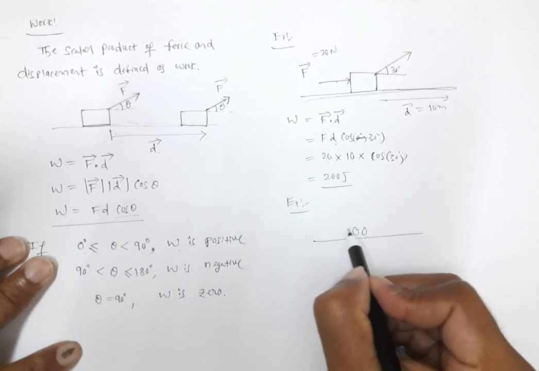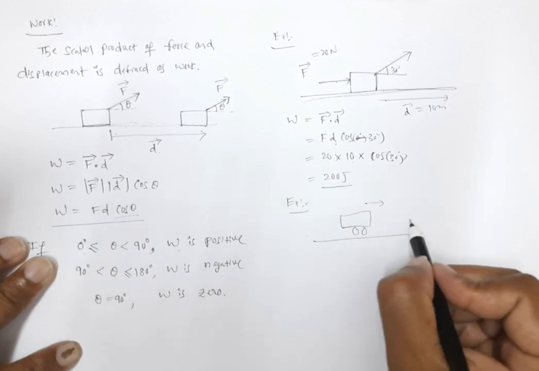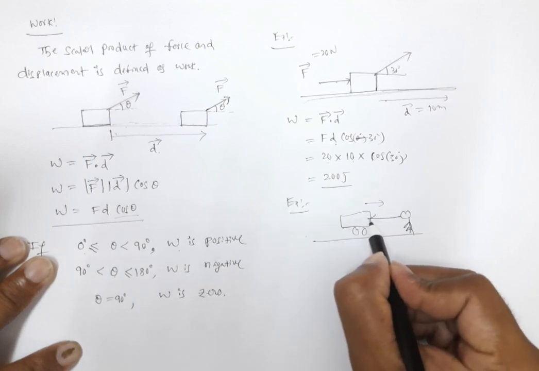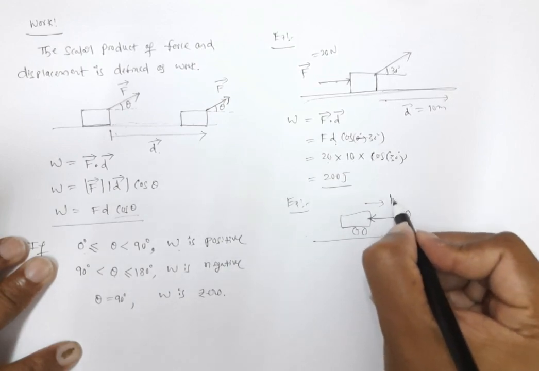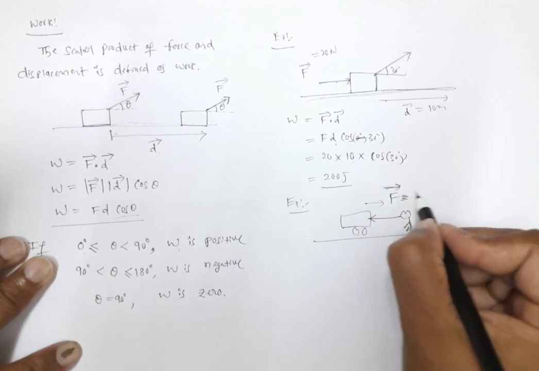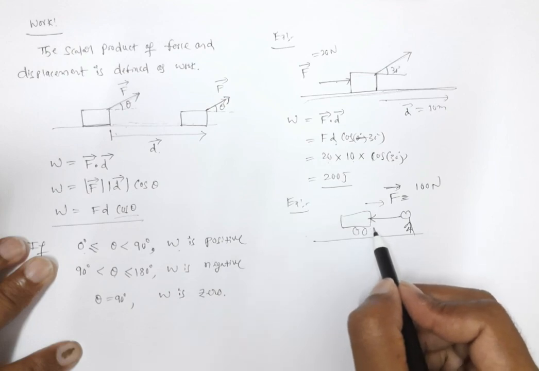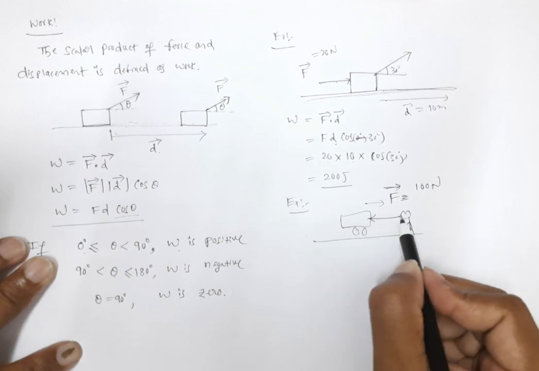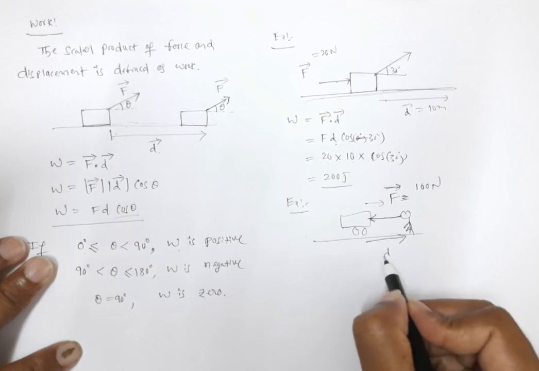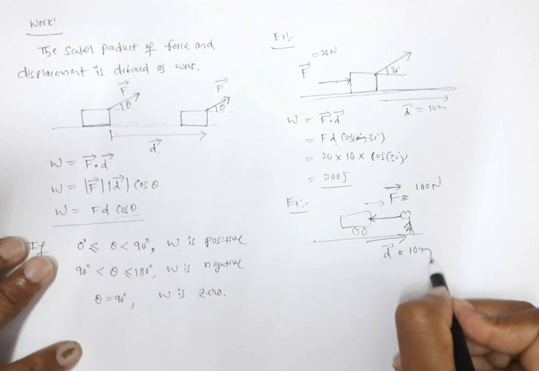Suppose a vehicle is moving towards us this side, but now we want to stop it. Now we exert force on the vehicle in this direction. Let's say the magnitude of the force is 100 newtons. But does the vehicle stop here? No, it moves this way, right? So we exert force in this direction, but the displacement is this way, and let's say its magnitude is 10 meters.